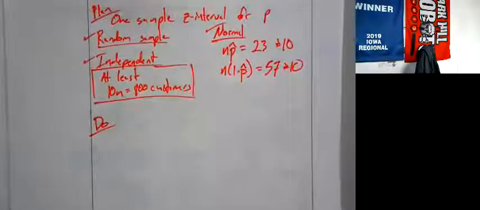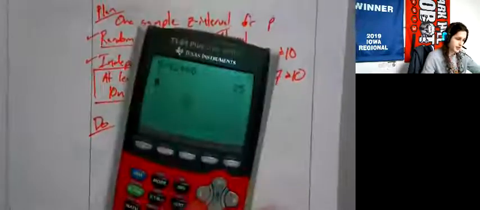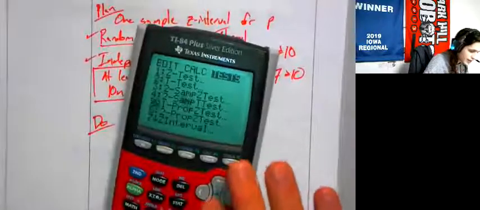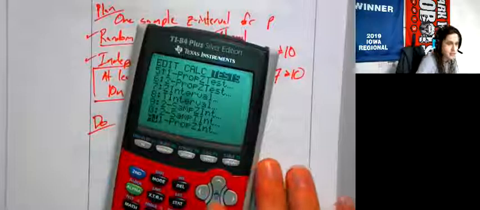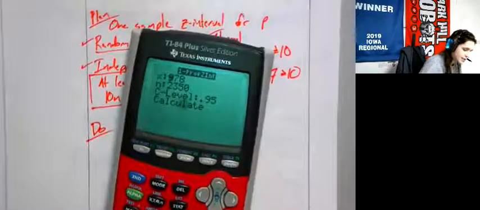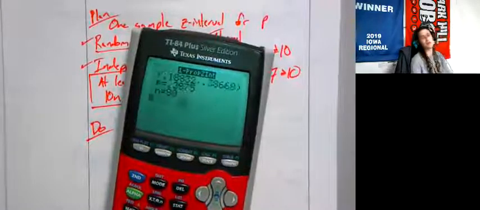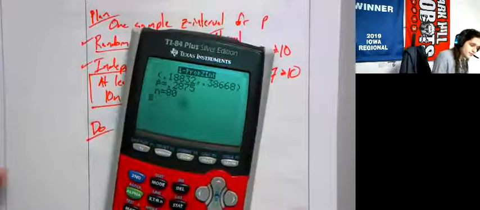As I'm fumbling for papers, you get your calculator out and do this. What are we going to do here? We're going to do Stat, go over to Tests, and do a 1-PropZInt. That is option A. We had 23 successes out of 83 in our sample. We're making a 95% confidence interval. Boom. 0.18832